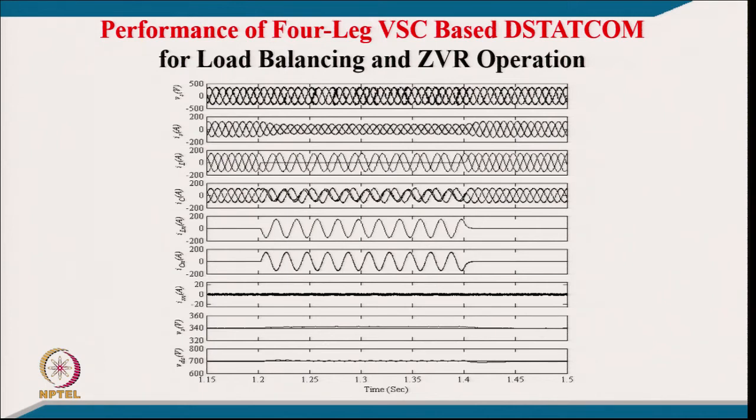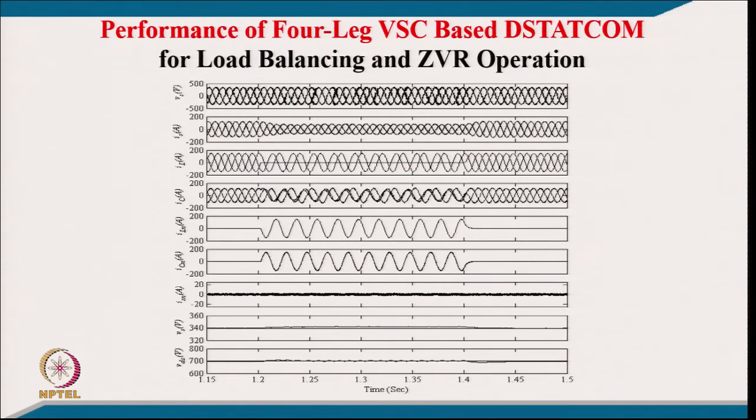And these are the grid currents, which are balanced, but of course may be slightly leading because you have a lagging power factor load. Here we remove the load of 1 phase and apply it back. So, you will see neutral current here is 0, and once the load unbalancing is there, neutral current appears, and the compensator 3 phase current and neutral current of the 4th leg of the compensator are able to compensate for neutral current as well as the reactive power,